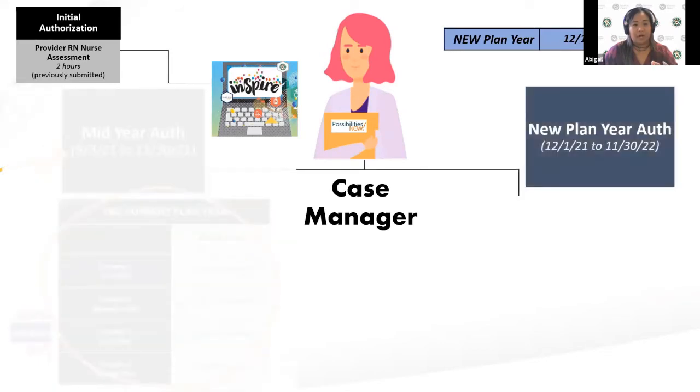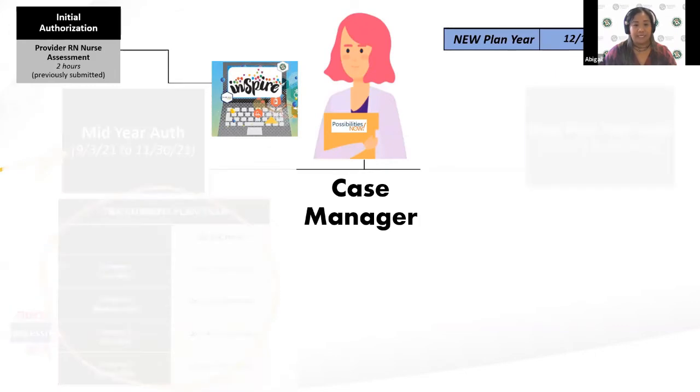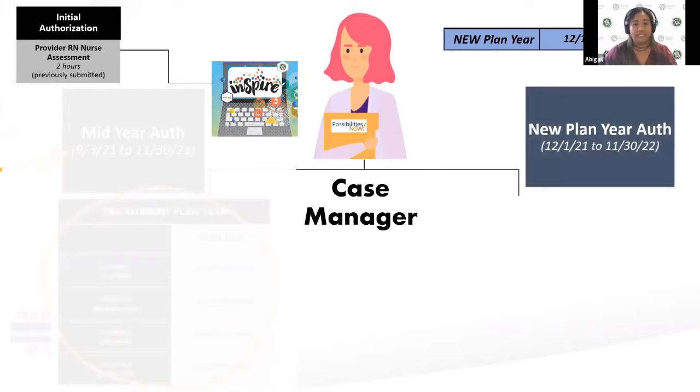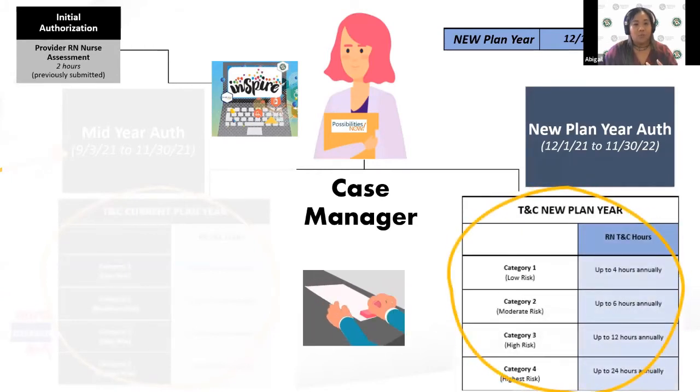we are now being authorized the full amount of hours. I'm not sure if you folks noticed, but in our planning meetings, we call this black box or blue box. The black box is prorated hours for the current plan year. As we are moving forward into the new plan year, the full amount of TNC-RN hours will be authorized. Okay? All right.